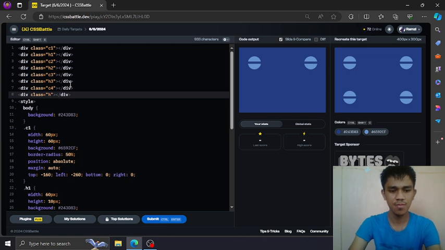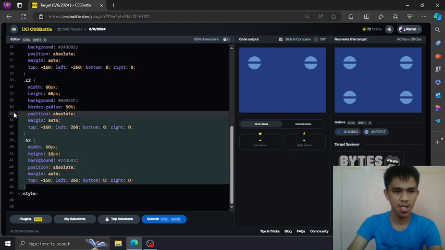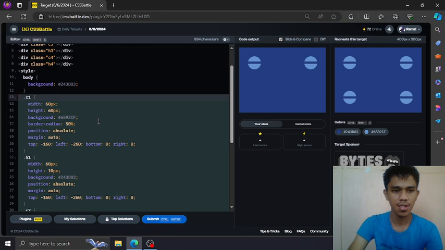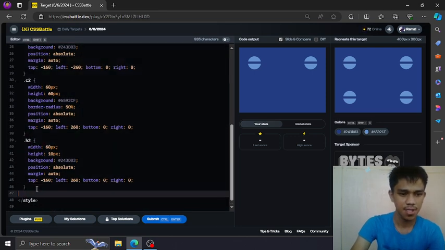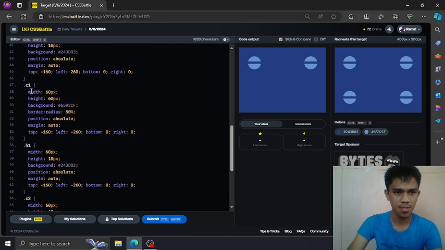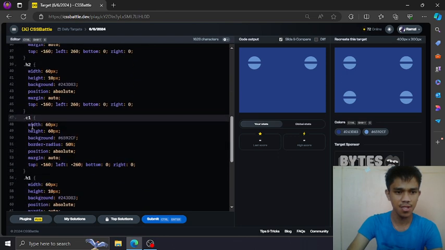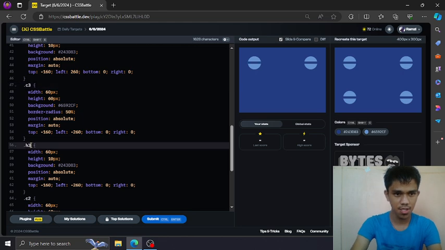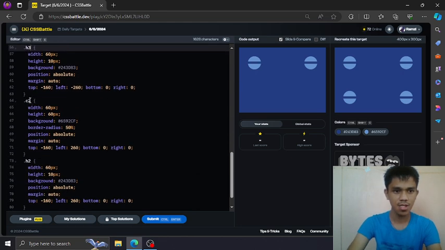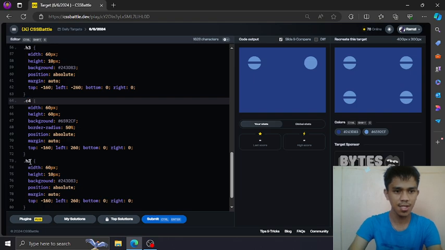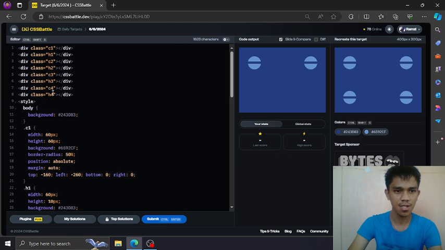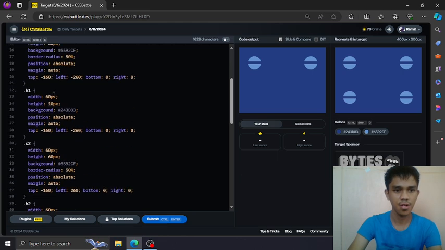Basically this is for the bottom part, 2 circles here. So also copy their styles, paste here, and from here, this is the duplicate, so we need to rename this so that it would coincide with the naming here, the top, C3, H3, C4, H4.